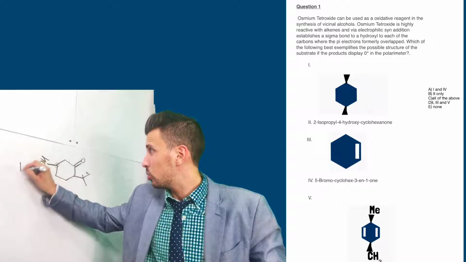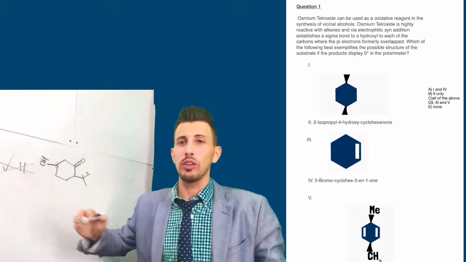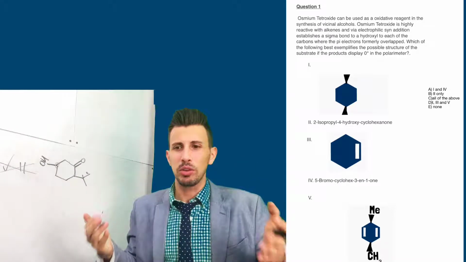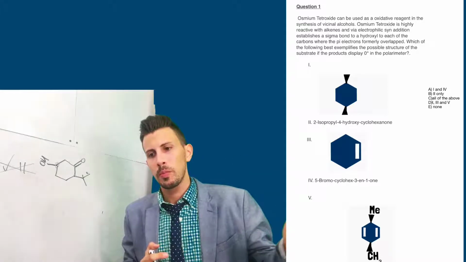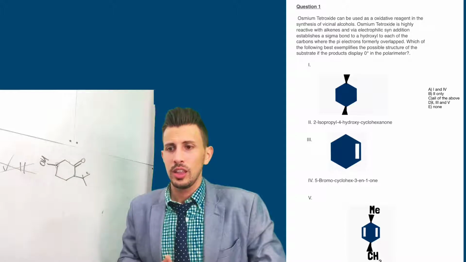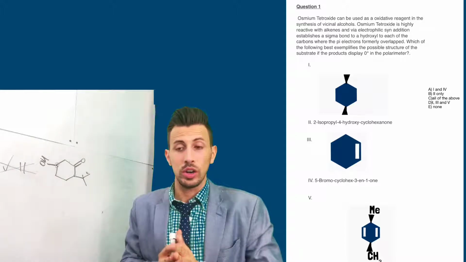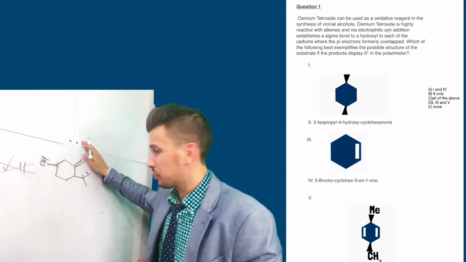Which means that 2 will show optical activity, which means we can cross it out because we're looking for the answers or the options that provide you an optically inactive compound after reacting with osmium tetroxide. 3 says cyclohexene, which is